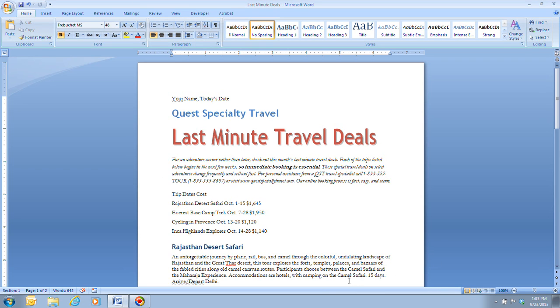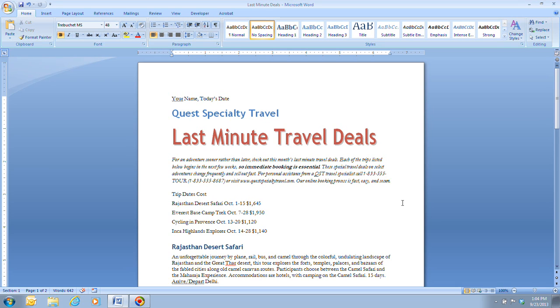Now, we mentioned that there are lots of different styles and formats that you can have. But ultimately, if you want to use a style, that is just a set of these formats like we've been working on, such as font size and paragraph alignments. And you can use these quick styles up here to actually set that in place. You can take a look on page Word 55 and read a little bit more about quick styles and how you can